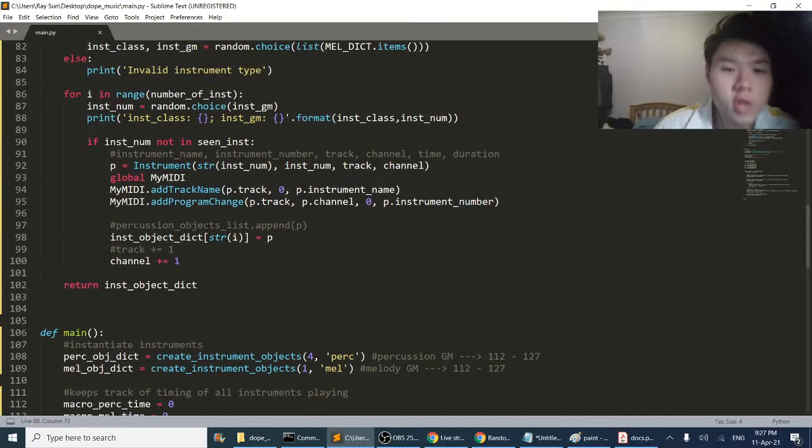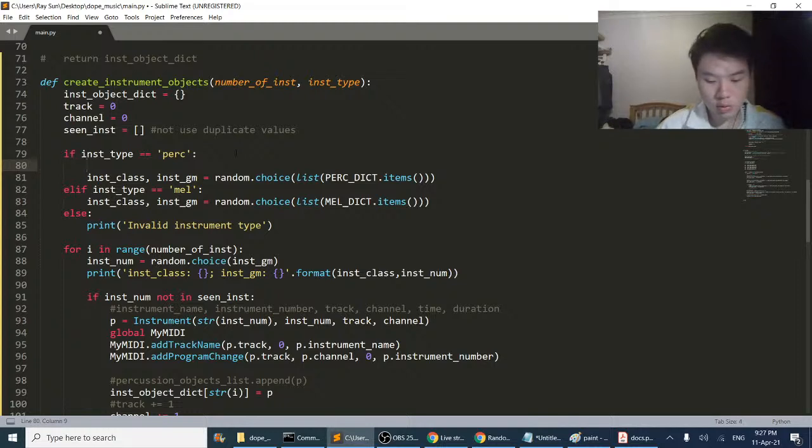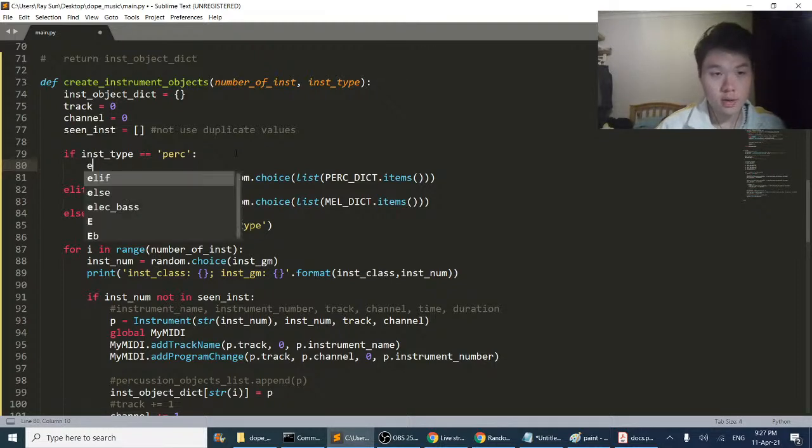Okay. So this is all the same. We leave this. So if we get a percussion instrument, what we're gonna do is we're going to specify a